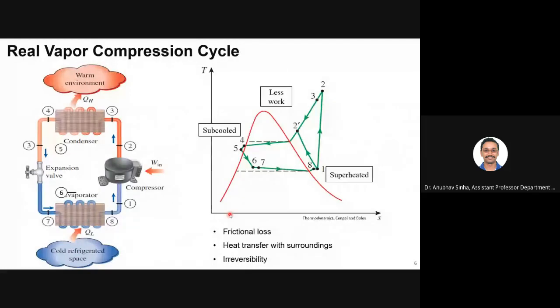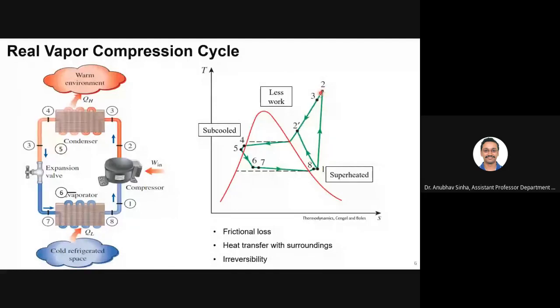Okay, so we have discussed the ideal cycle. Now let us look at what happens in a real process. Let us start with 1 to 2. Ideally we assume this to be an isentropic process, so entropy should remain constant. But as you know from the second law, for real processes, entropy always increases, right? So instead of 1 to 2 remaining a straight line, it will shift a little bit towards the right. So entropy is slightly increased as we go from 1 to 2.